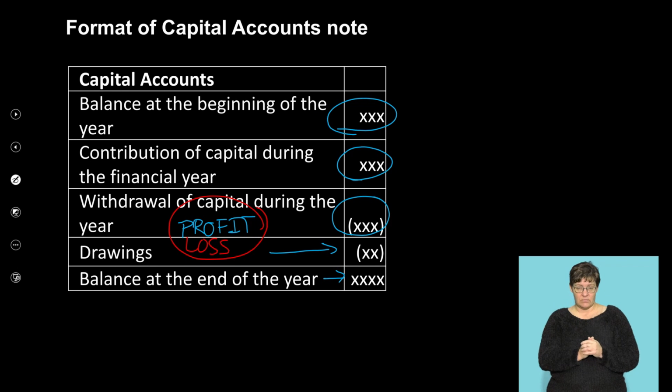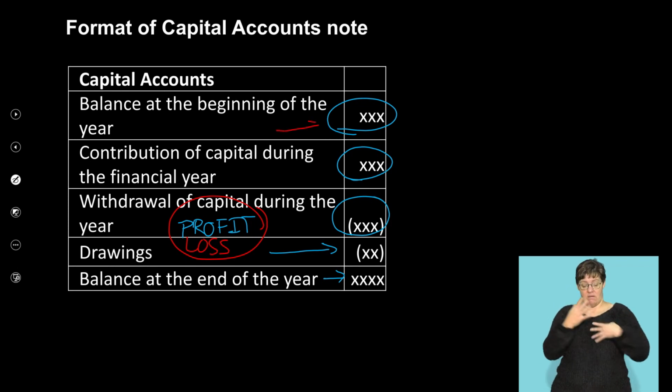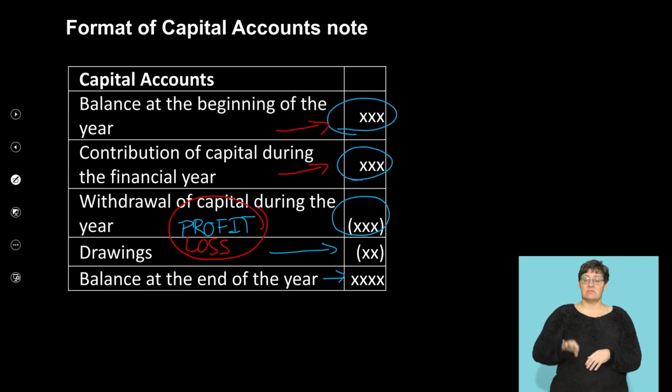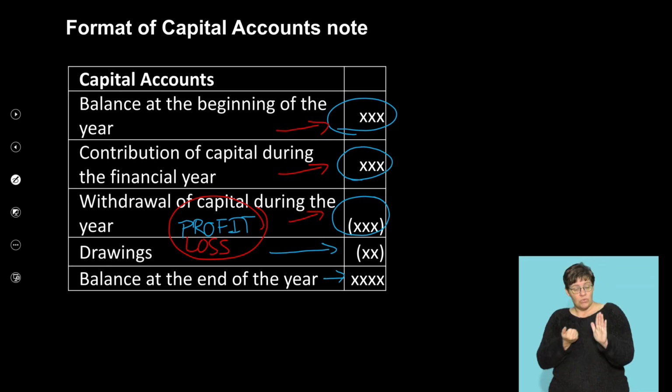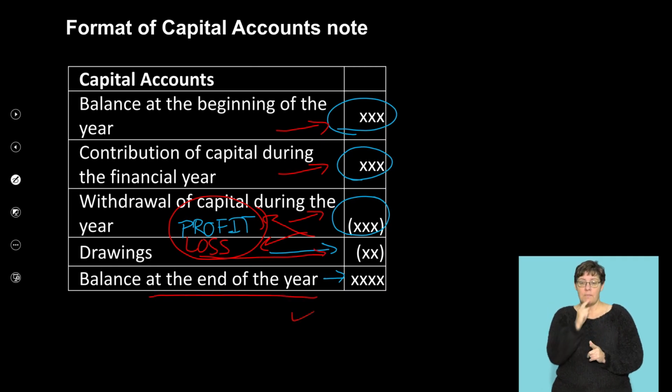So what we have here is your balance at the beginning of the year, plus your contributions of capital, withdrawals of capital, bring in your profit or your loss, and then obviously your drawings. This will then give you your balance at the end of the year. Next note